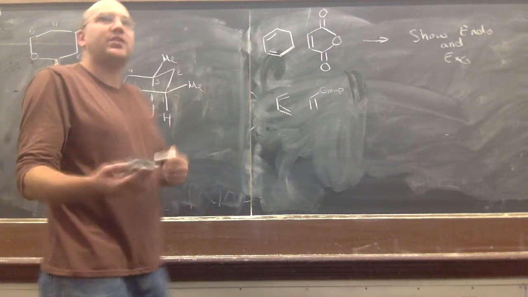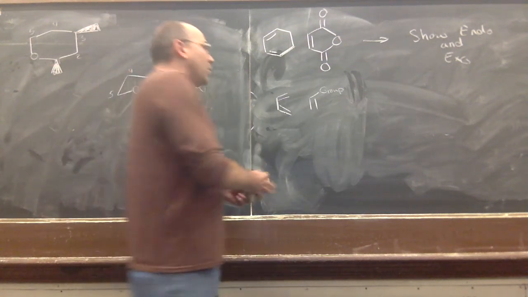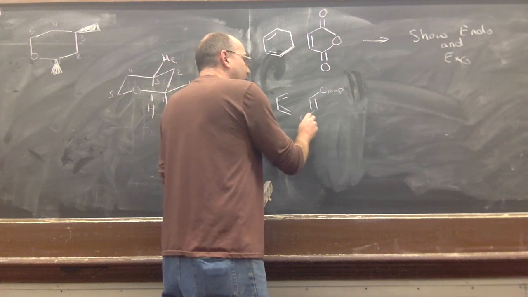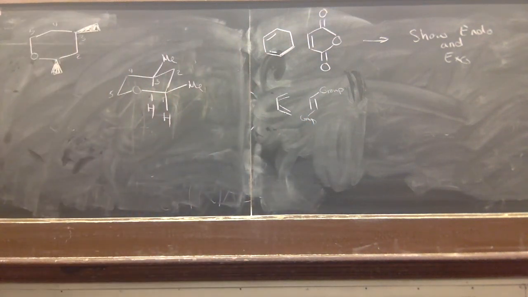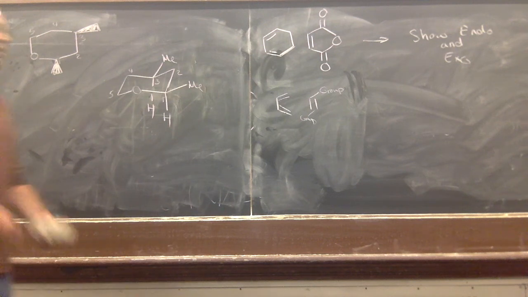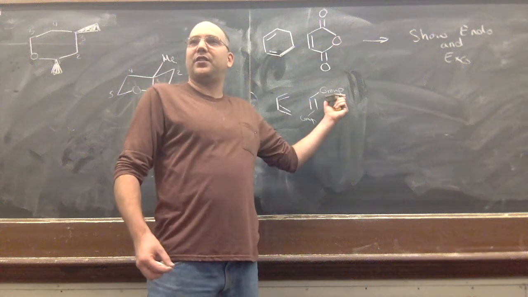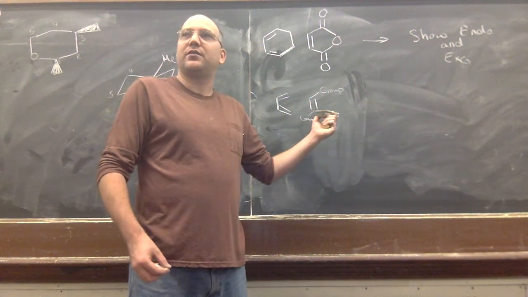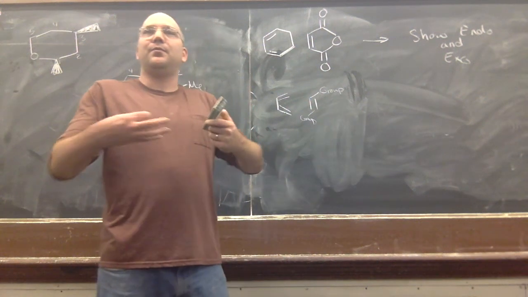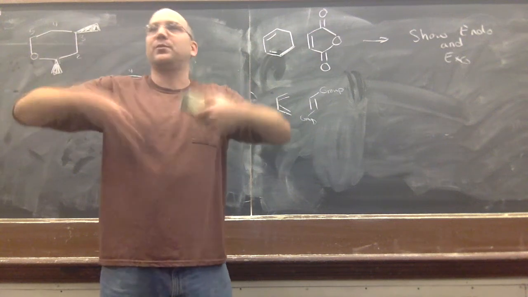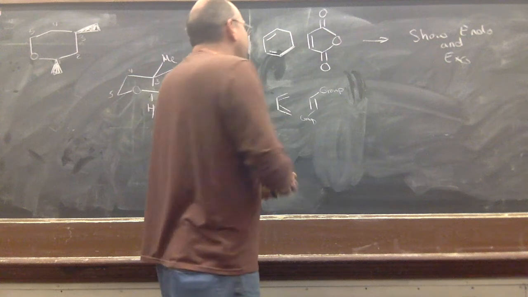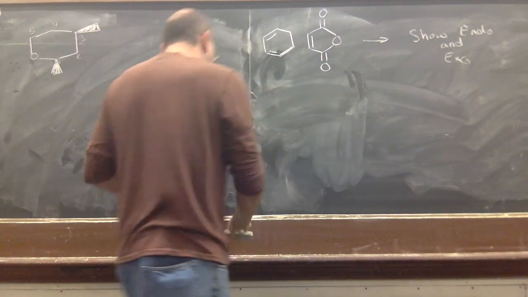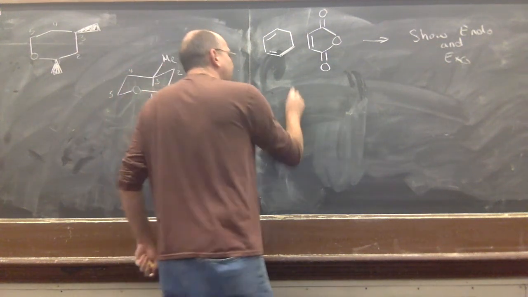So sometimes the terms exo and endo can be confusing when, say, you have a molecule that has two groups that are trans. I often like to keep it a little bit open and say that exo is reflective to this group and endo is reflective to this group, so that the term endo product becomes relevant relative to what specific group you're referring to. But at least on more simple molecules like the one that we've shown here,